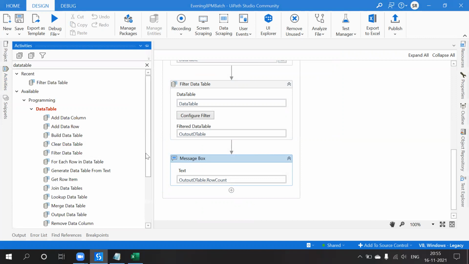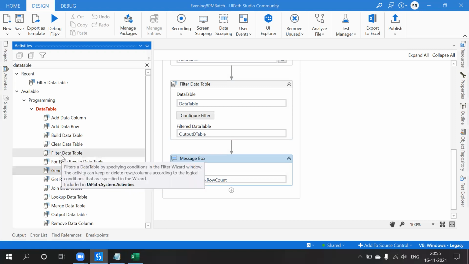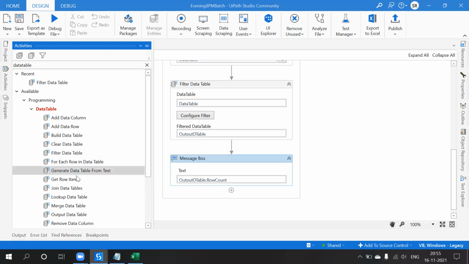Another activity is, as we already saw, for each row in data table, and generate data table from text. This is also a very important feature, and this is also a filter data table, and generate data table. What is the difference between for each row and for each row in data table?